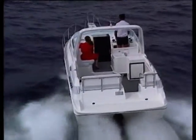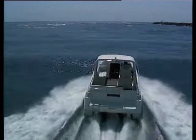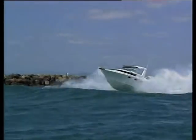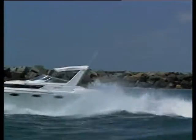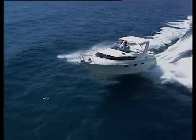Now, the reason that there were 2 V8s in the first boat, which you're looking at now, was because John wanted as much power as he could squeeze into it so that he could do what he usually does with a new model and endeavour to destroy it. He took it to the Whitsundays, he thrashed it around the Whitsundays full throttle, toured all the islands, he ran backwards and forwards across Moreton Bay in the worst weather he could find, and boy, you can find some bad weather in Moreton Bay at certain times, and generally he did everything that he could to the boat to detect